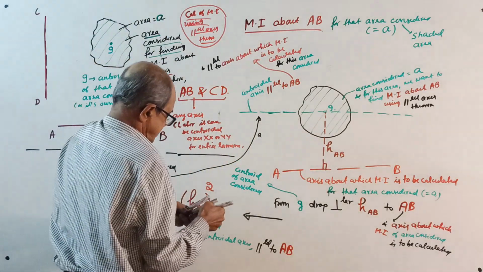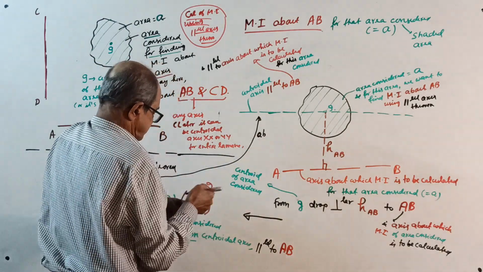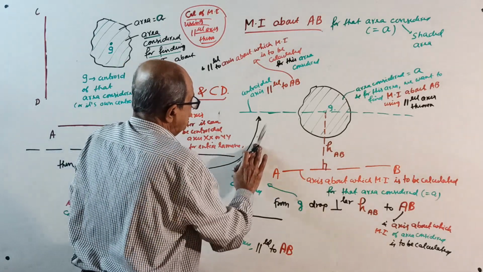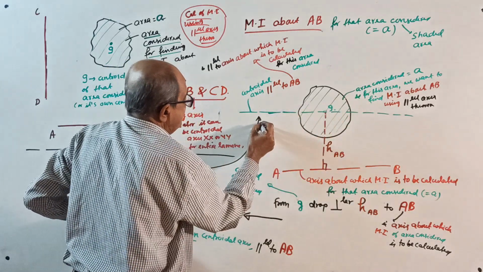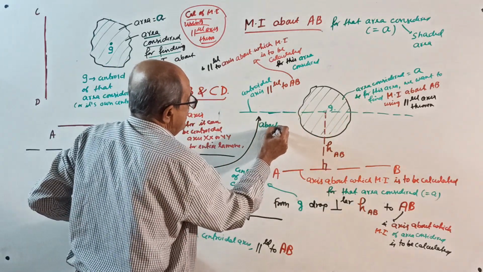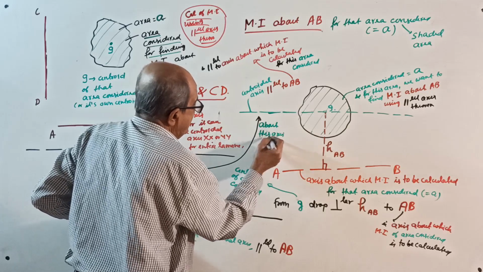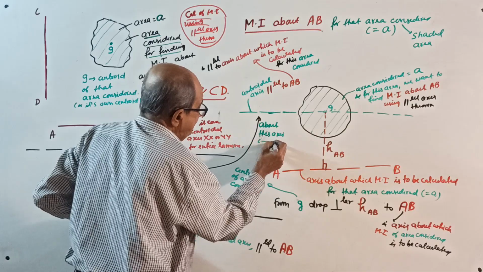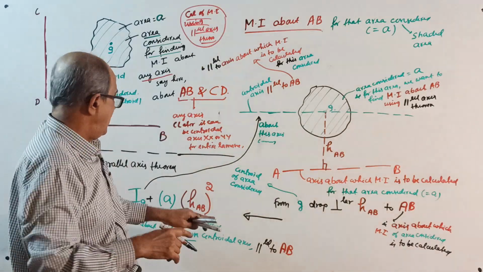This I_G is about this axis. You can write once again, that is the axis passing through the centroid of the area considered and parallel to